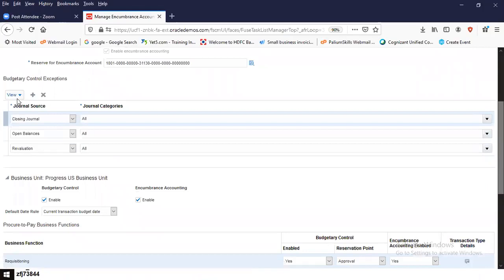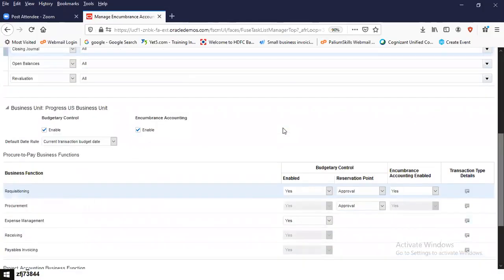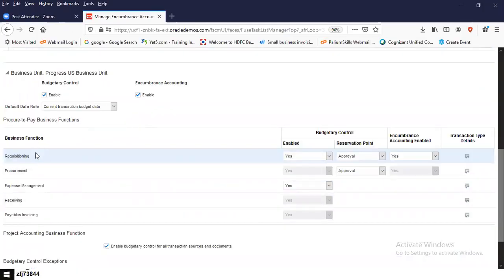Budgetary control, are there any exceptions? So these would be the exception scenarios which will not have encumbrances enabled. Then for the business unit level, do you want to enable the budgetary control? Okay. If you want to enable, then what are the business functions at which